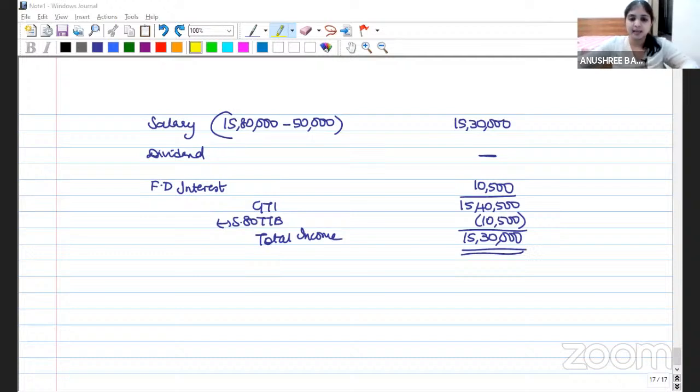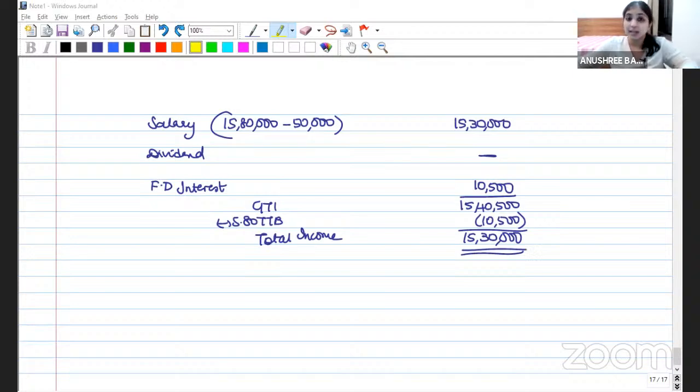Total estimated tax payable is 5,50,000. TDS, deductible but not deducted. If it is not deducted, nothing to do about it. Ignore it. If it is not deducted by the person who gave us the income, we don't have the credit of it. So we have to pay this number. It was deductible, but it was not deducted, which means the assessee has to pay it now. And TCS collected was 20,000.